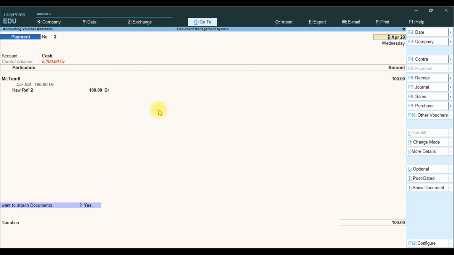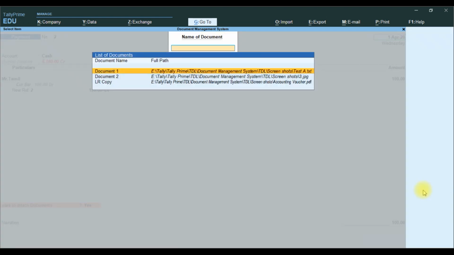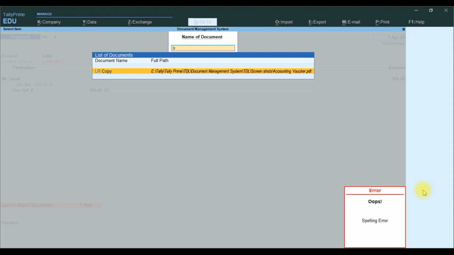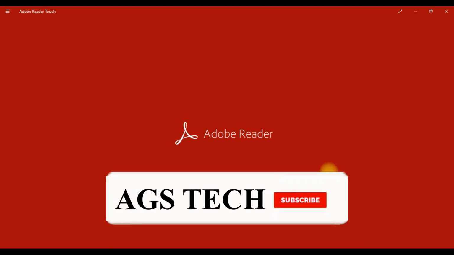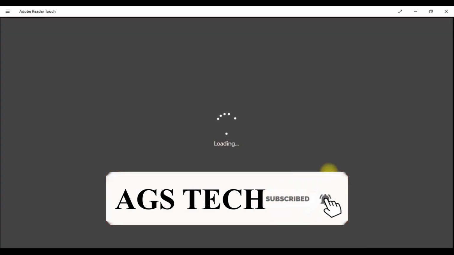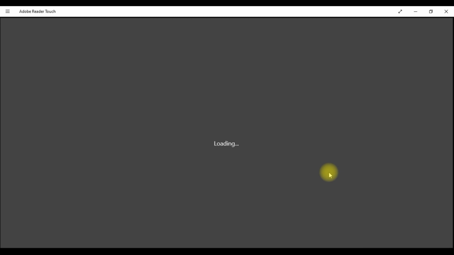page. If you want to see the document at transaction level in the voucher transaction, here it will show on my button, show document, or Alt 1, show document. It will show the list of our documents. You search for the particular document, it will show, and enter. It will open our PDF. Whichever document we attach, that document will open.